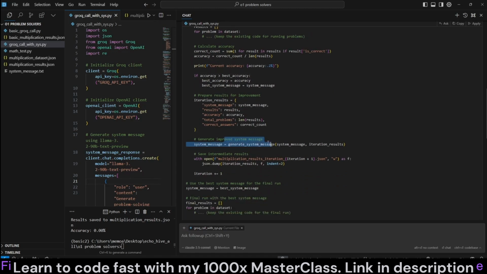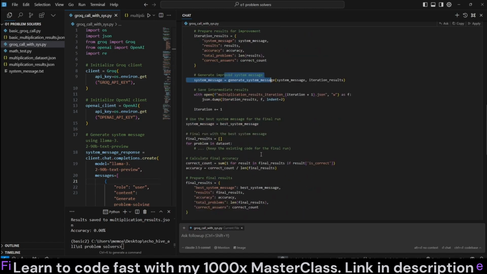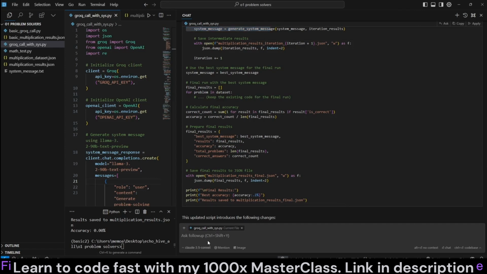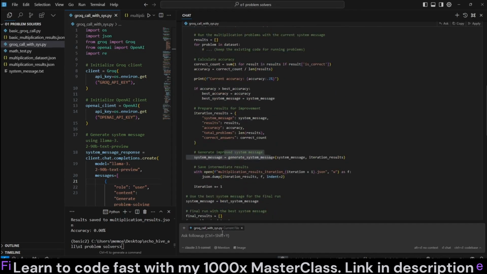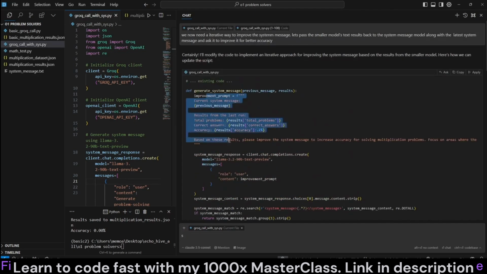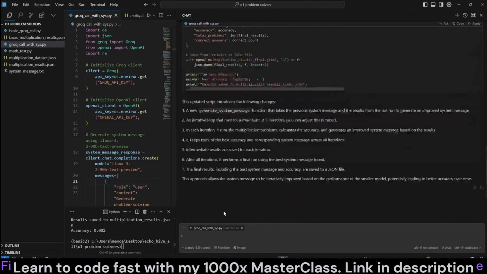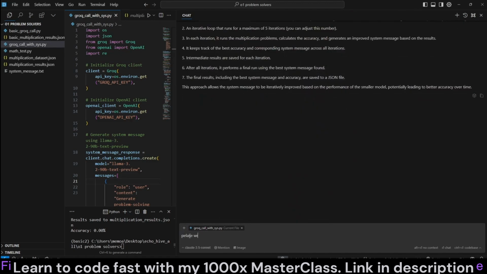generate system message. But we want to probably separate the first iteration, right? Because we're not going to have a system message in the first iteration. So therefore, we want it to send a normal message and not have all this in it, because we're not going to have results and we're not going to have a current system message. Let's say, please write